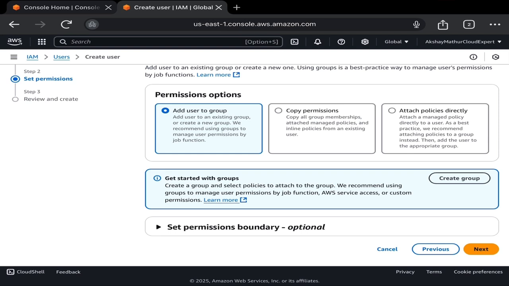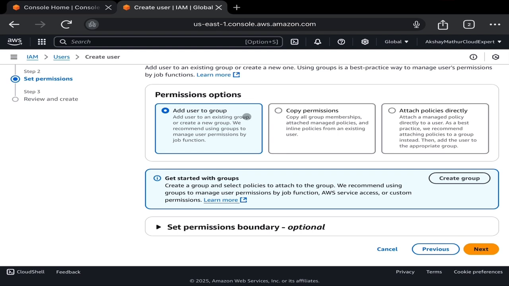Suppose the company creates lots of IAM users and adds them all into a group, then assigns a policy to the entire group, or they can attach a policy to each user separately. So I will attach the policy to this IAM user.